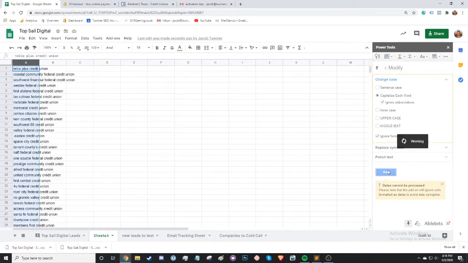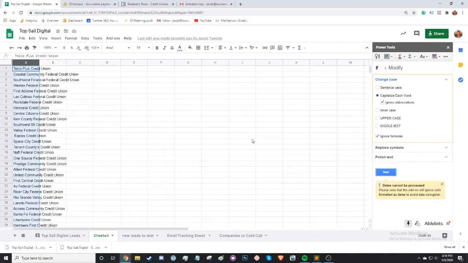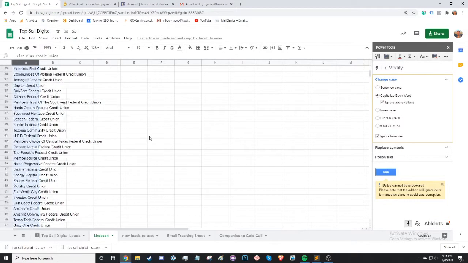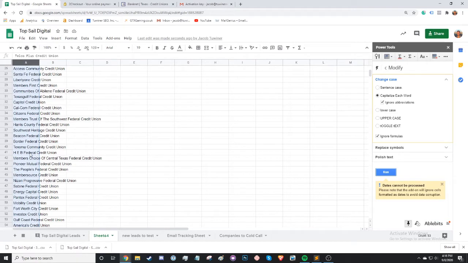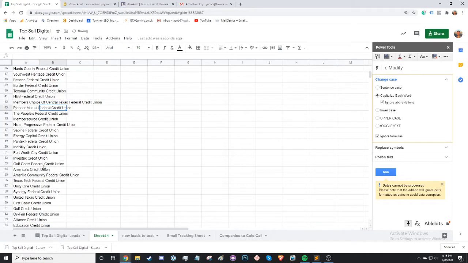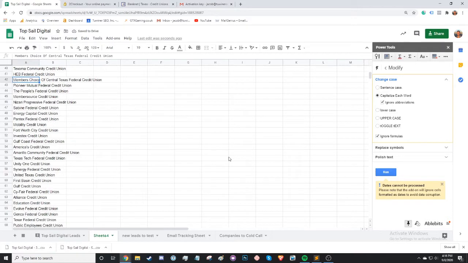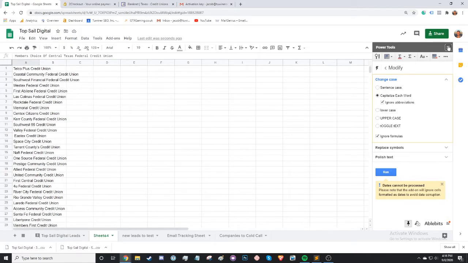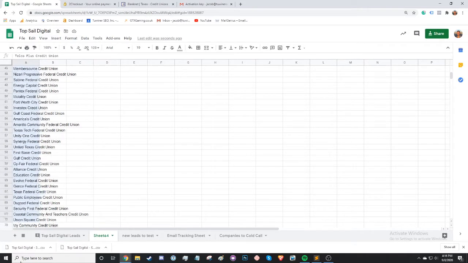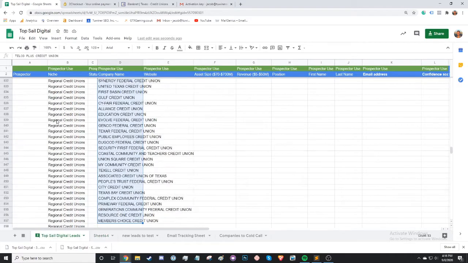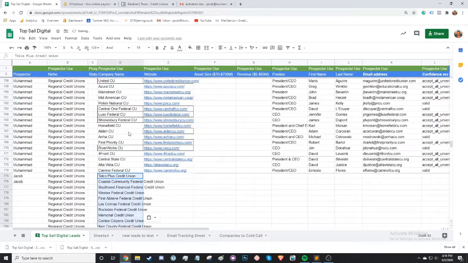So I have to make everything all lowercase at first, and then I'm going to capitalize each word. And now all of the company names look a lot better than before. And we're going to go back through and make sure this is even better, because a lot of these are really long. And there's no way that I would use these in an email, because I use these custom fields in my emails, and if it's super long in the subject line, for example, that would be bad. But anyway, we're going to go ahead and copy and paste these all back in here,